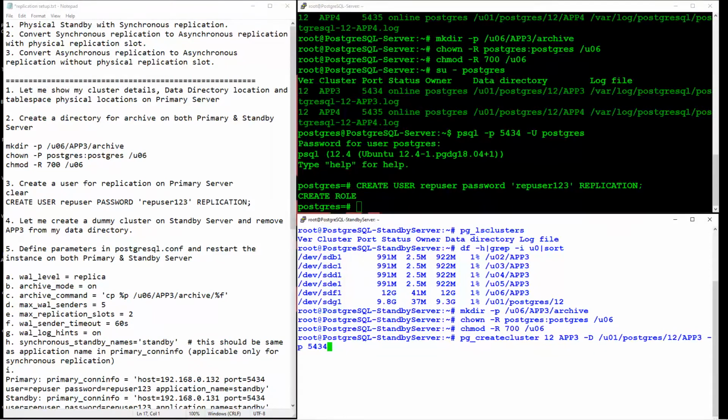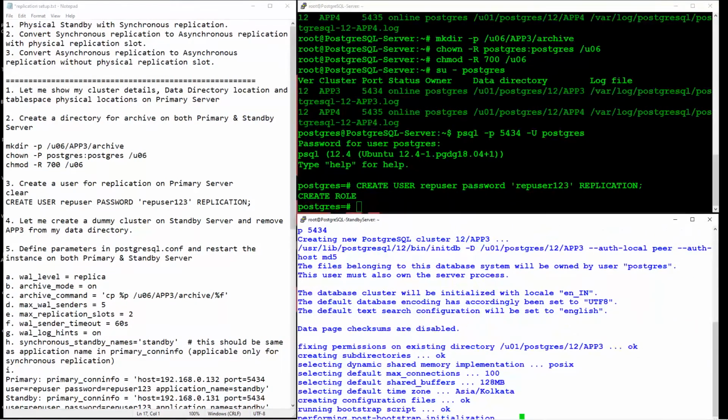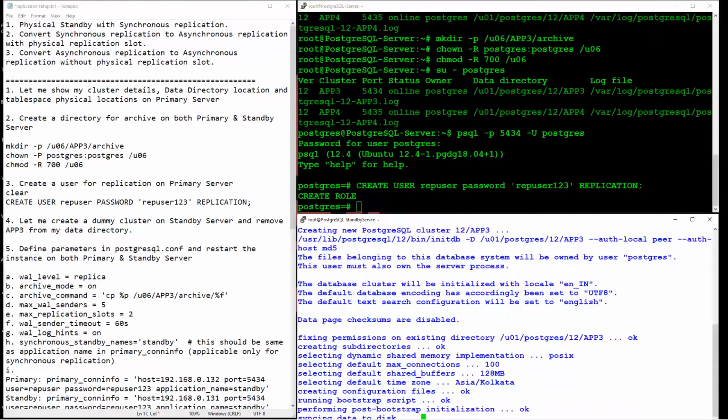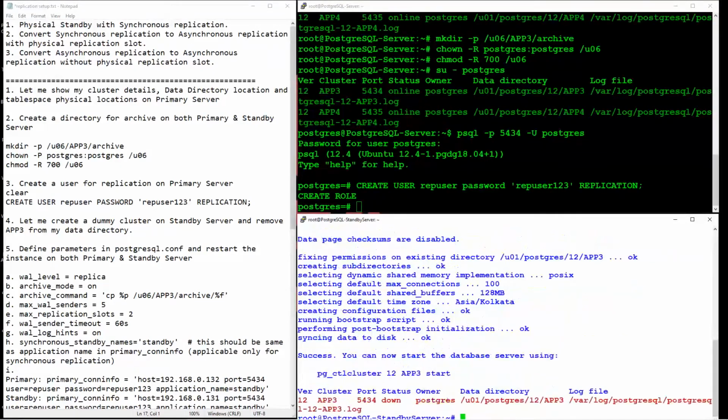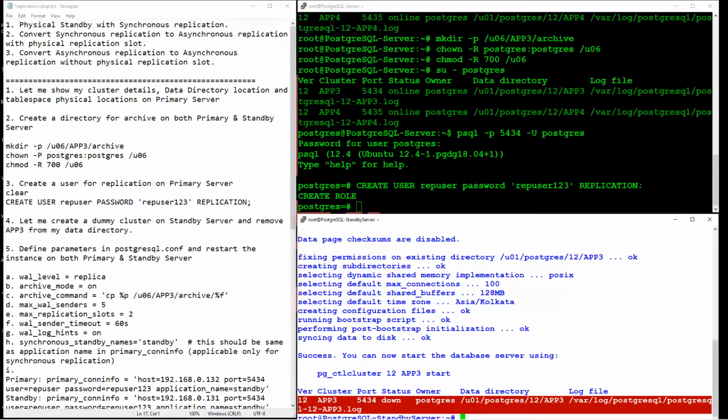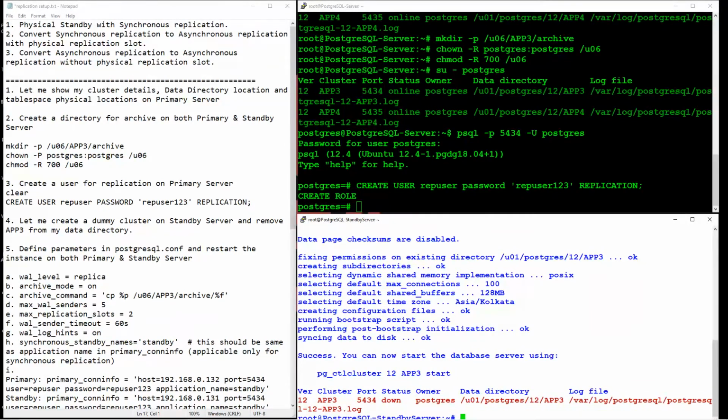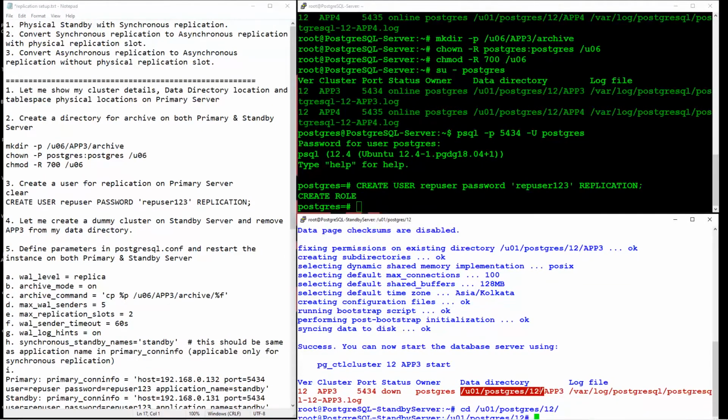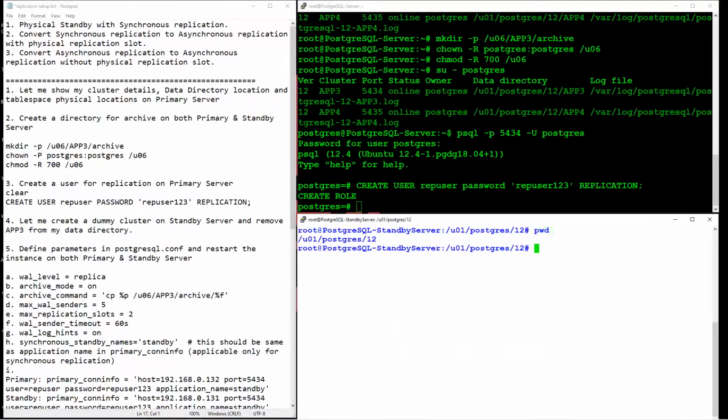Now let me create one dummy cluster in my standby server. Don't worry whether it is up or down. Now what I need to do, I need to go here. I went to the postgres user under the 12 directory.